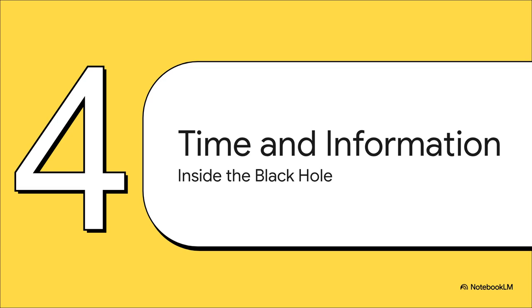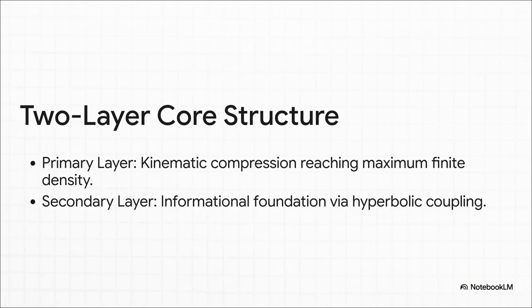Section 4, Time and Information. Because things get even weirder inside that core. So the physical crush is solved, but what happens to time and data? Well, the core is actually this highly structured two-layer system. You can think of the primary layer almost like the physical hardware of a hard drive. It handles all that immense kinematic compression we just talked about. Beneath that is the secondary layer, acting like the software data protection. Through hyperbolic coupling, it manages the deep underlying informational architecture of the universe, stepping right up to tackle the infamous